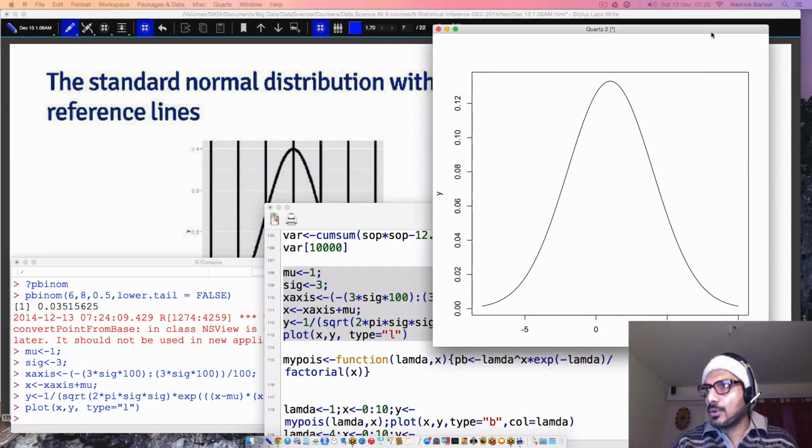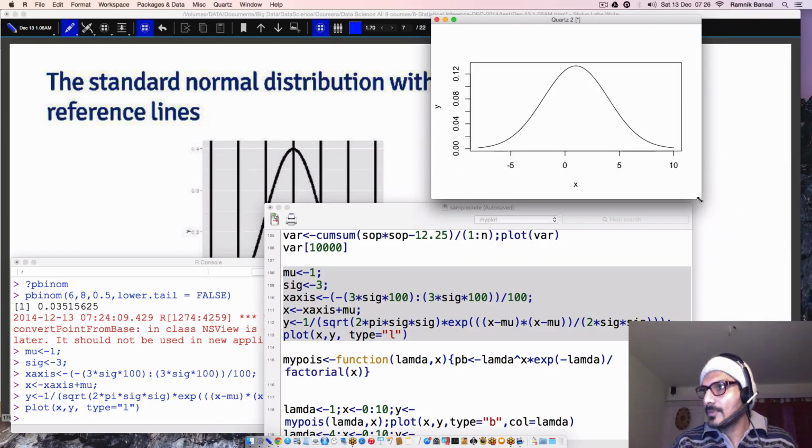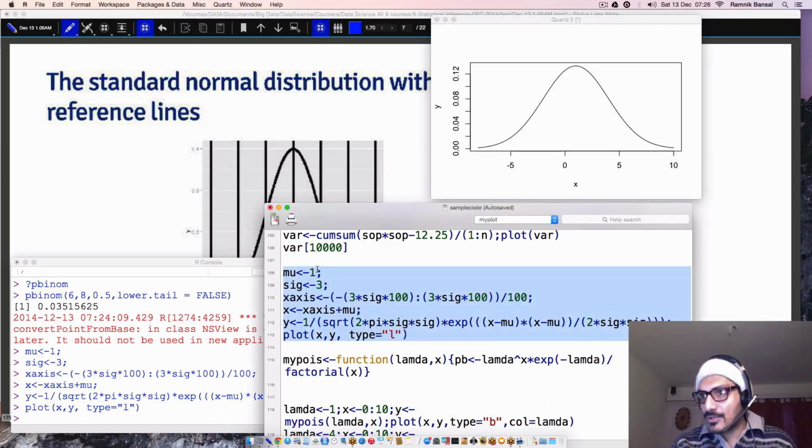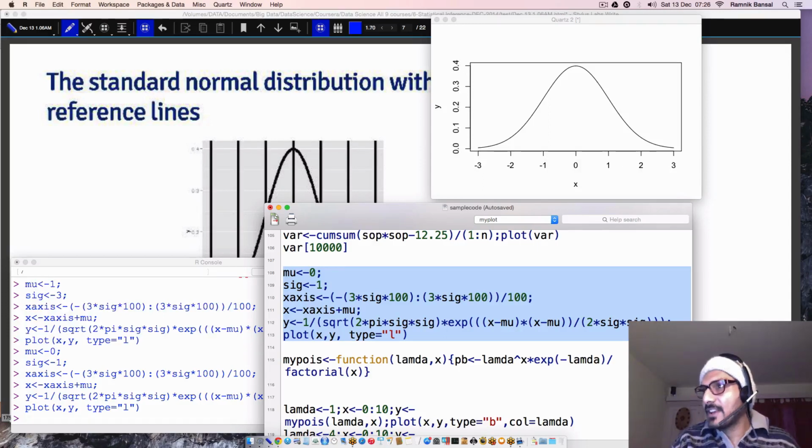What we will be doing now is, just notice, you can read this graph. This goes all the way till 0.12, and here it is actually coming to the center point or the mean, somewhere at mu is equal to 1. Okay, I'm changing these values. I'm creating standard normal. I say mu is 0, all right, and then sigma is equal to 1. Let me rerun this. Just notice what has happened. When I re-execute it, what has happened? Did the graph change? What changed actually?